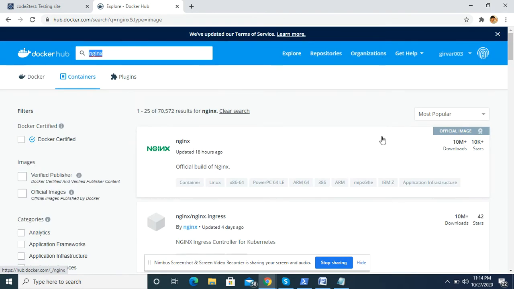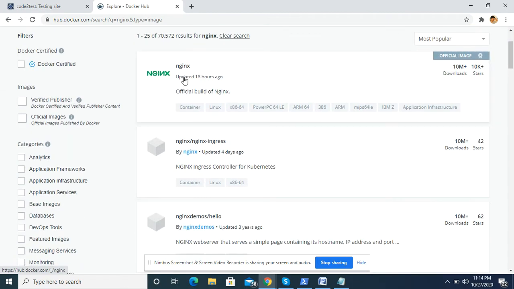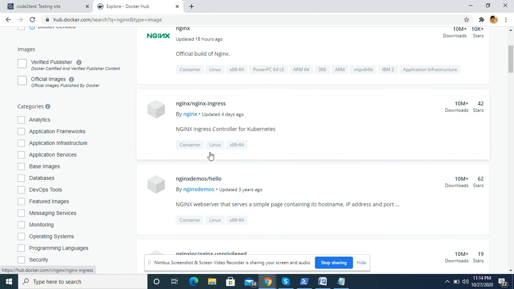As we see, this first image has "official build of Nginx" mentioned over there. This means that this is an official image of Nginx. So other images starting with something hyphen Nginx in their names are not the official images.